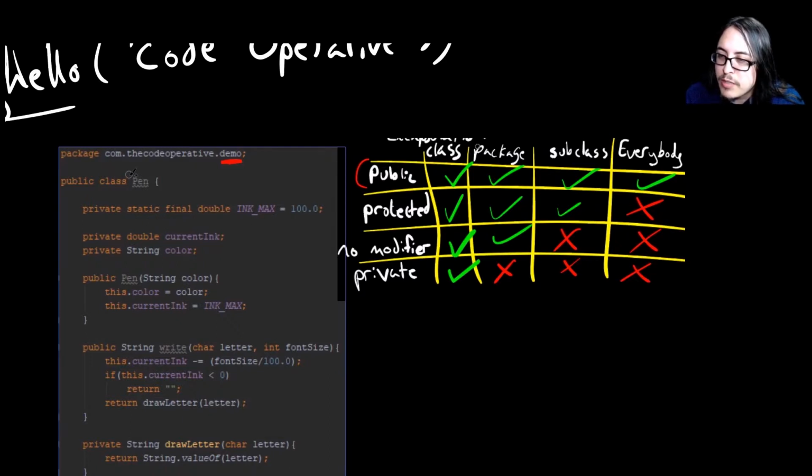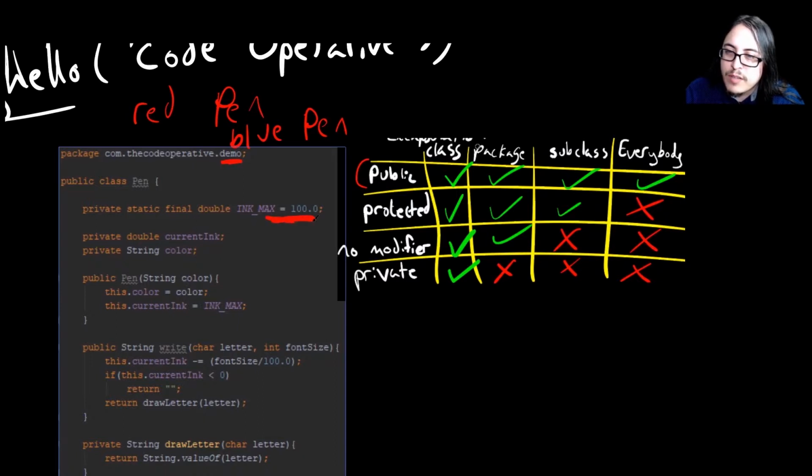Basically, if I create multiple pens, if I have a red pen and a blue pen, both of these pens are going to refer to this same value. It's not going to be a value that belongs to the red pen or the blue pen like these other